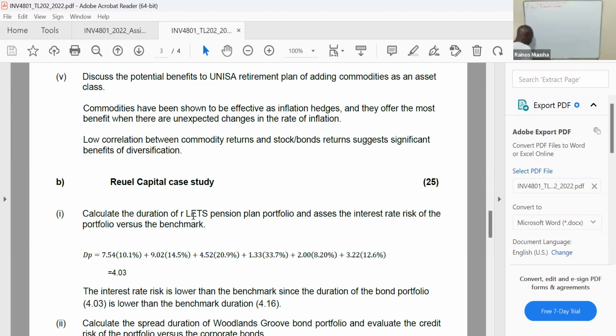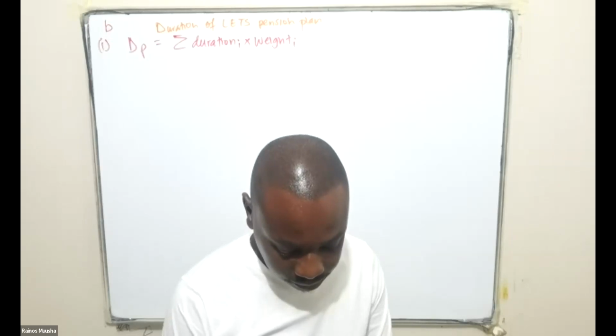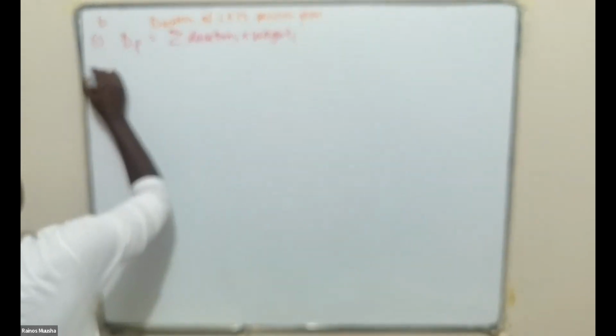Now, when we look at LET expansion plan, what do we see? For the LETs, the duration is given as this, and the allocation is given as that as well. So in this case, you are going to say your duration multiplied by the given weights as well. So if that is the case, it would mean that